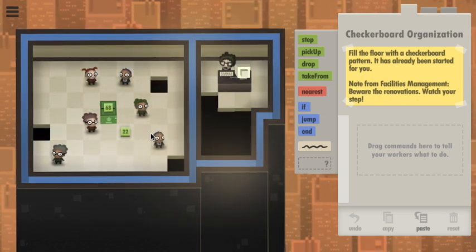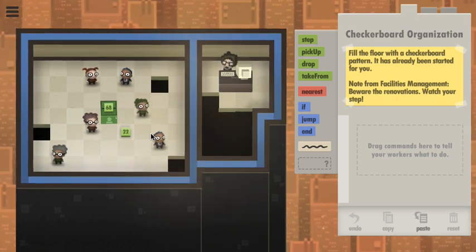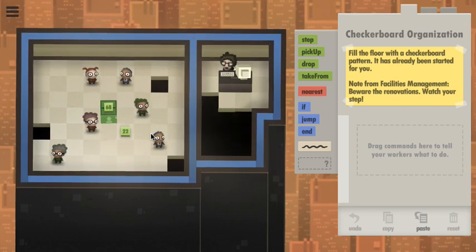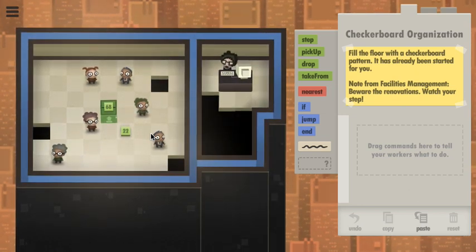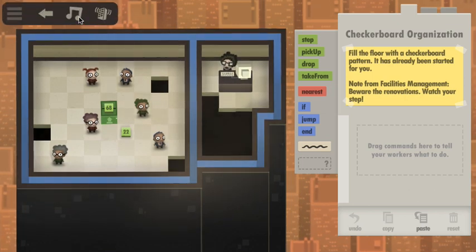Okay, so I have to put it on the light ones. You know what I'm thinking? Well, I could do like a spiral. Let's just turn off the music for a second here. I could do a